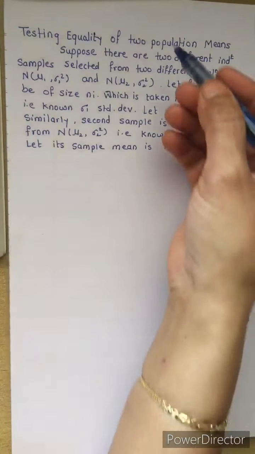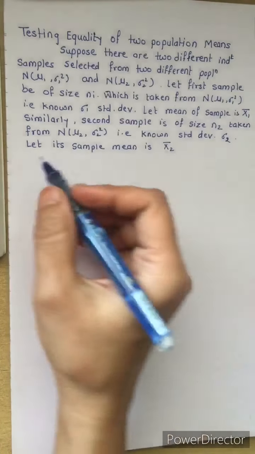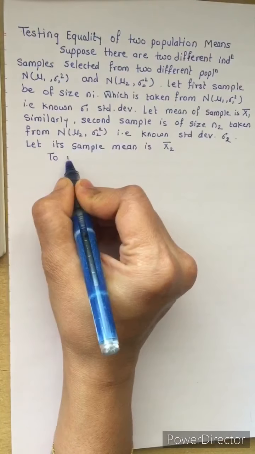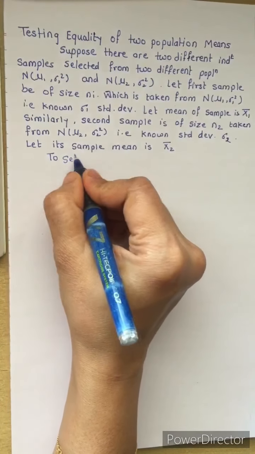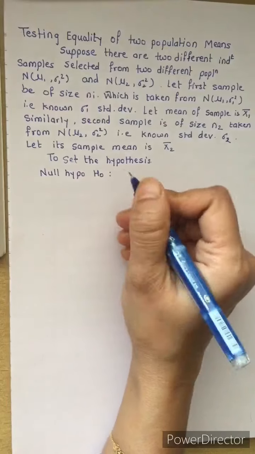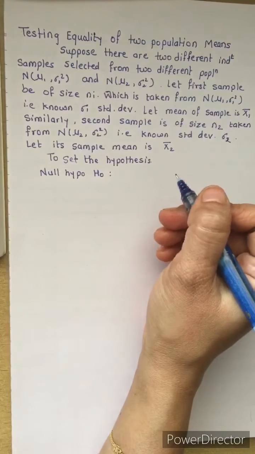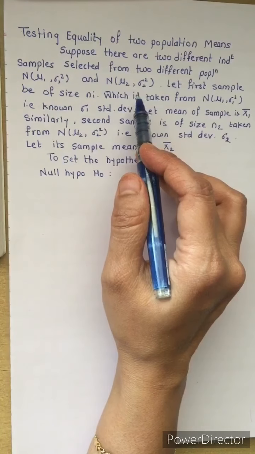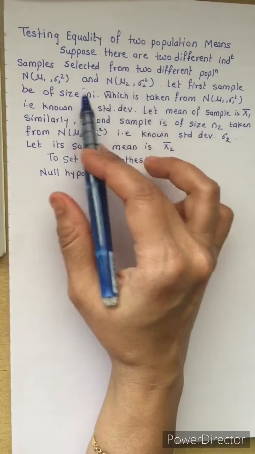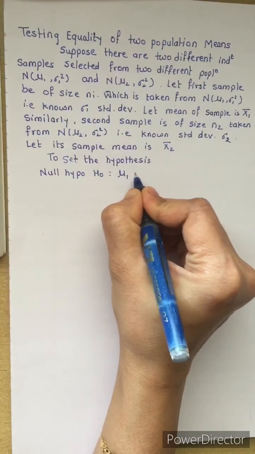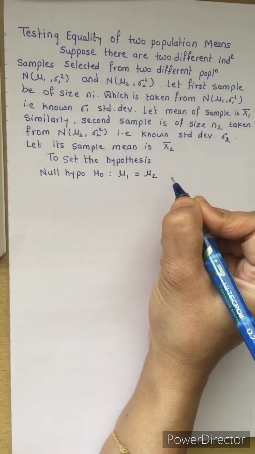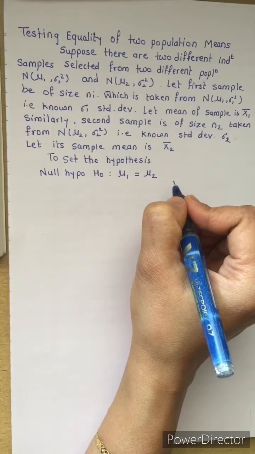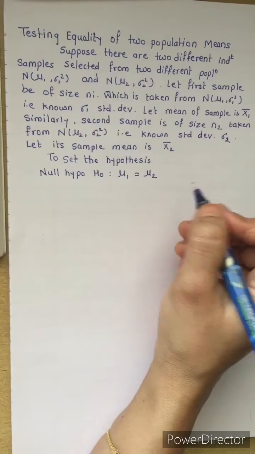Okay. So when we have testing of hypothesis, first we need to set up the hypothesis H0, which means there is no difference. It means whatever two different, independent populations we consider, their means are the same. There is no difference in the mean. So this is our null hypothesis, which is fixed for testing of two population means.